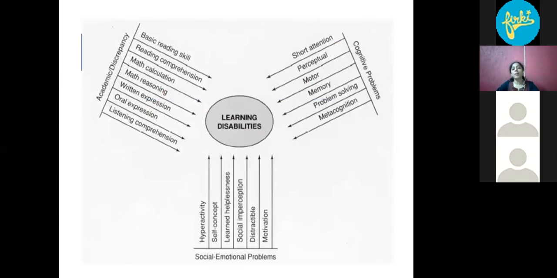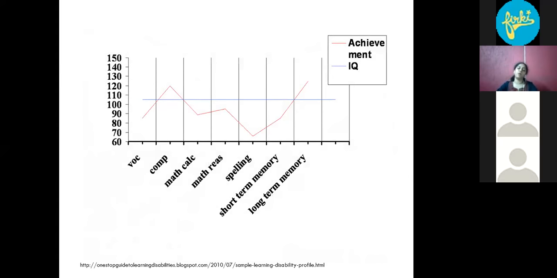When I was talking about the academic discrepancy, this is what I was referring to. If you can see here, the blue line that has been drawn on the graph is the expectation of a child with an IQ of 100, which is a very average IQ. So with an IQ of 100, the expectation is that, be it vocabulary, comprehension, mathematical calculation, math reasoning, spellings, short-term memory or long-term memory, the child's performance or achievement has to be close to that blue